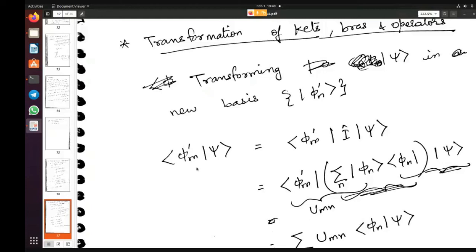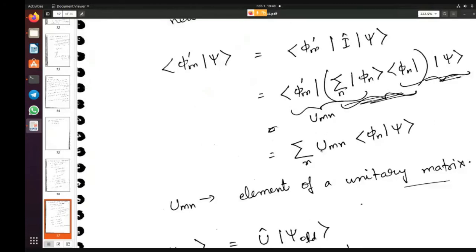If this is a number, then this is like a summation. This is a number and this is a number, you're just multiplying the two and summing it. So it is going to give you a number. It is not a matrix. Understand? Okay, ma'am, I thought it is a matrix. No, this one is not a matrix.